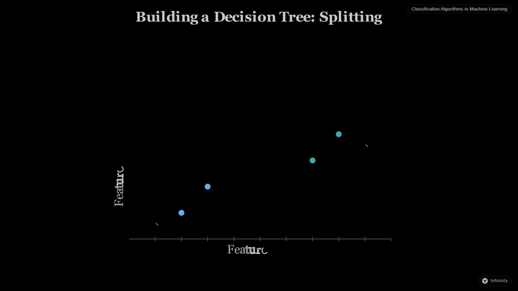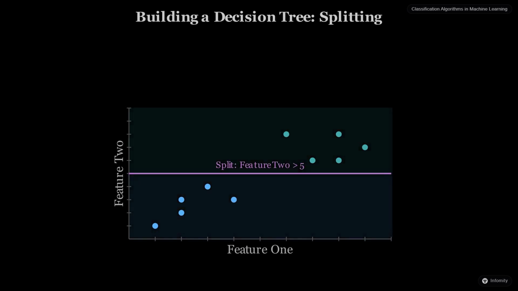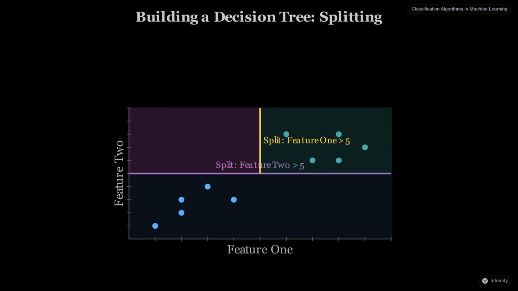How does a decision tree decide where to split? It looks for the feature and the value that best separates the data into distinct classes. This process is called splitting. For example, if we have data points with two features, the tree might first make a split based on a threshold for feature 2. This creates two initial regions. Then, within one of those regions, it might make another split, perhaps based on feature 1, to further isolate a class. This recursive splitting continues until each region contains mostly points of a single class, or no more useful splits